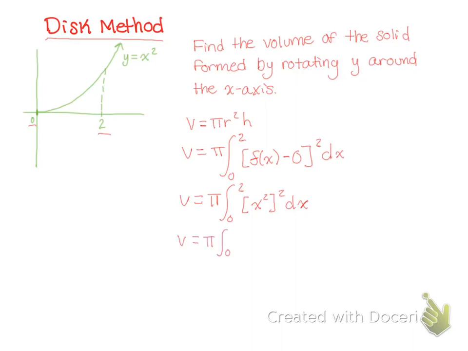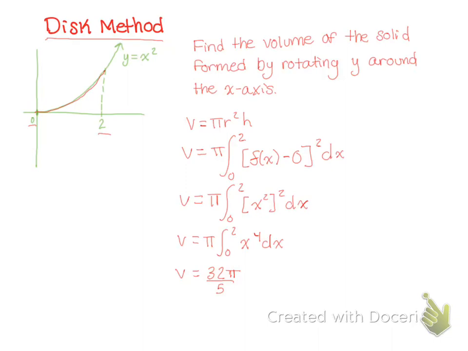Okay, so from 0 to 2, x to the 4th dx. Now if you punch that into your calculator, you should get 32 pi over 5. You can multiply the pi in there, that's totally fine. It's up to you. I usually leave it out. But that is the total volume if you rotate this graph around the x-axis, and look at the volume